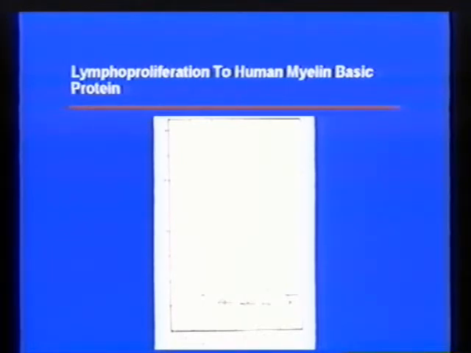Now, this doesn't project very well, and I apologize for that. This is actually about 25 or 30-year-old data from patients with ADEM, looking at the proliferation to human myelin basic protein. In the acute phase of ADEM, there's substantial proliferation to MBP. In patients who have recovered and are stable, that reactivity goes away, and there's limited reactivity to myelin basic protein in normals or patients with other neurological diseases. Again, implying that activated immune reactivity to myelin basic protein is causally linked to the development of ADEM.